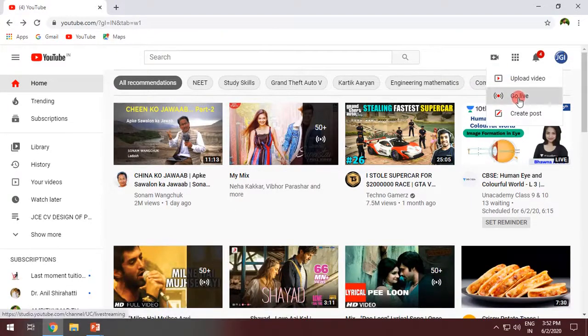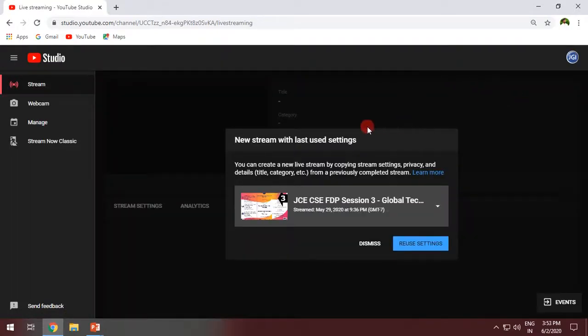Now again, I'll go back and show you that once you click on the go live button and your account is activated for live streaming, this is the window that you get. Now you can see there is one pop-up shown to me asking if I want to use the same settings as I used for my previous session, since in the last week we had an FDP under the Computer Science Department, Jain College of Engineering, Belgaum.